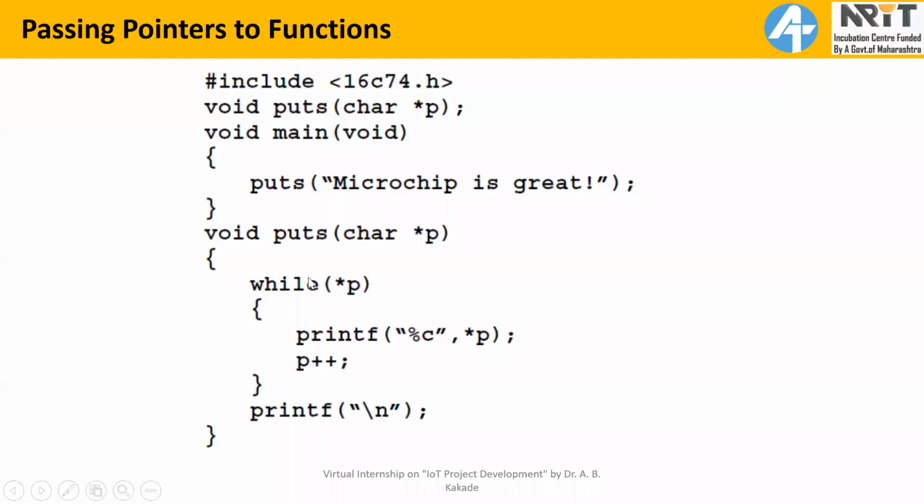Now inside this function, again you will see there is a while loop. This while loop will be executed until a null character is encountered in the string. At the end of the string there is a null character. So this while loop continues as long as there is no null character. When this pointer points to the null character, the while loop gets terminated. The advantage of passing a pointer is we can pass a string having any number of characters, and the same function can be used for different strings.